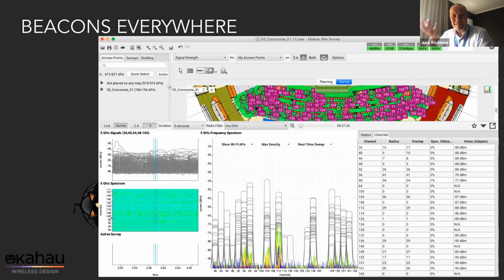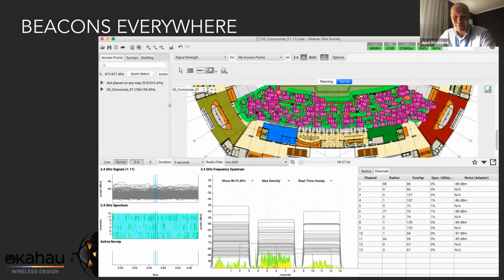Yeah, so then you think about the number of access points, right? The number of access points that you put into a design for a 60, 70,000 seat stadium could be upwards of 600 to 700 or more in some cases, depending upon the architecture of the venue. So that's crazy. And I'm telling you, when you hear something like 300 access points in a single location, and each is broadcasting, let's say, 3-4 SSIDs, we had to do some work in our survey tool as well for it to be capable of handling all that data and taking those measurements every couple of 100 milliseconds.